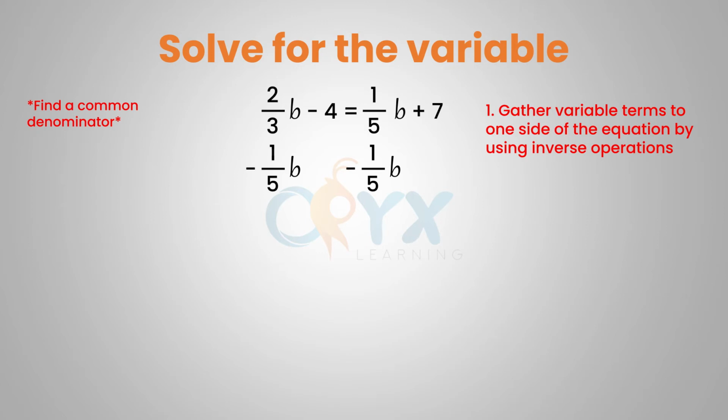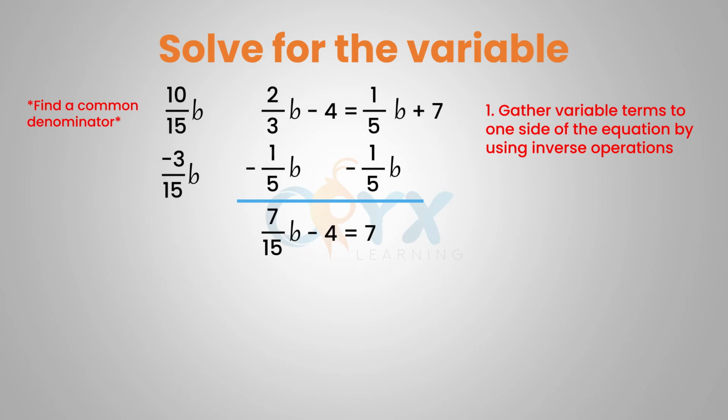Remember we need a common denominator. So the common denominator between 3 and 5 is 15. If the first fraction gets multiplied by 5 in the denominator, it will get multiplied by 5 in the numerator, creating 10/15 b. The second fraction got multiplied by 3 in the denominator, so we'll multiply by 3 in the numerator and get -3/15 b. So now I have 10/15 b minus 3/15 b, which leaves me with 7/15 b, and I still have the